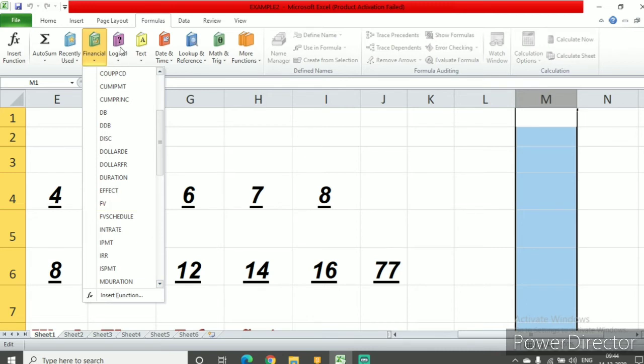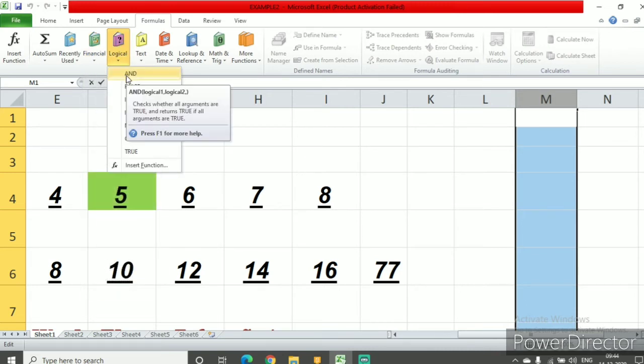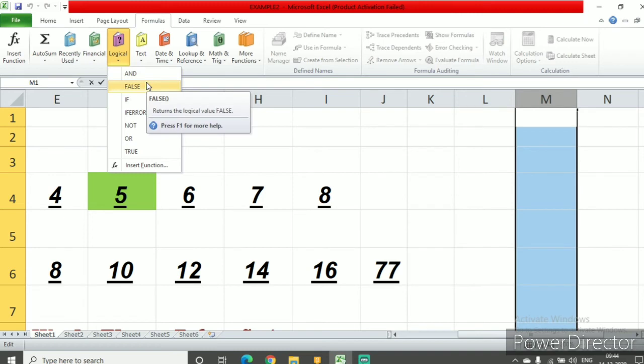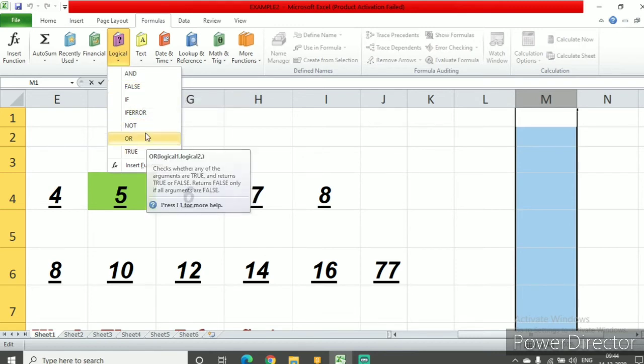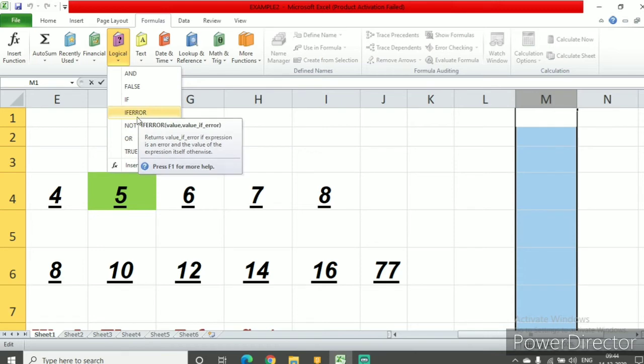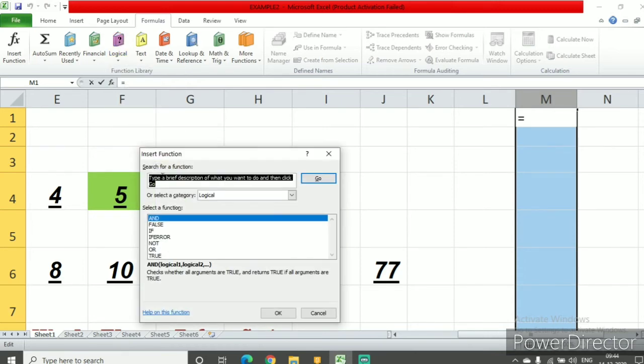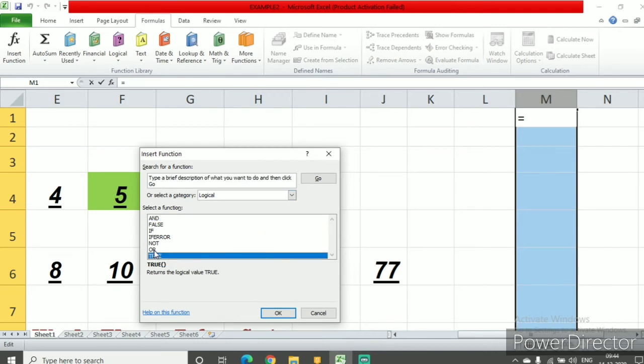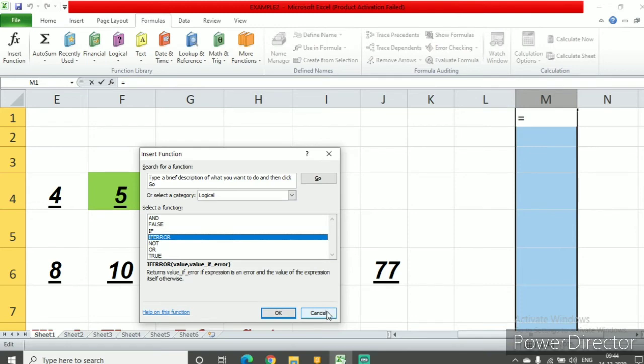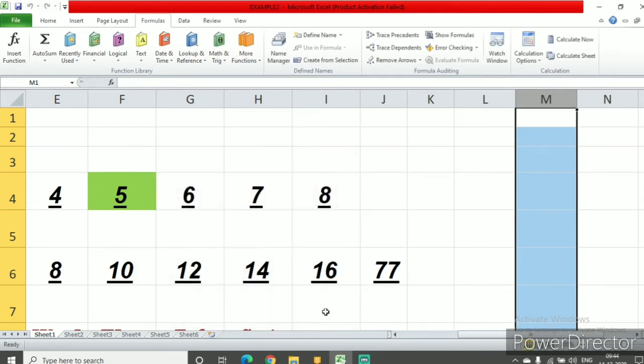Then there are logical functions. Here you see the logical functions: and, if a value returns false or a value returns true, or, not, if error, or you can insert your own function from here. Some function that you want to use, you can use it from here. Now next are